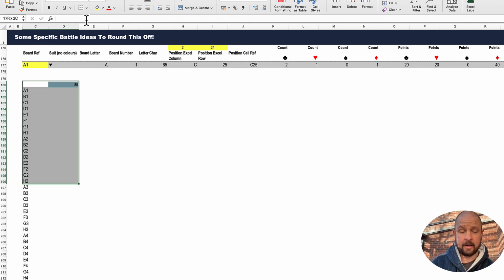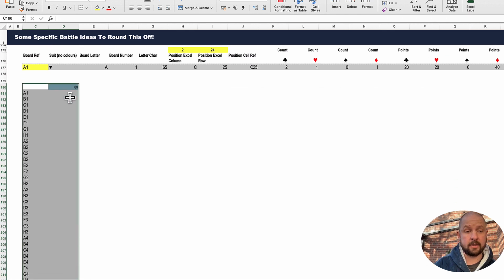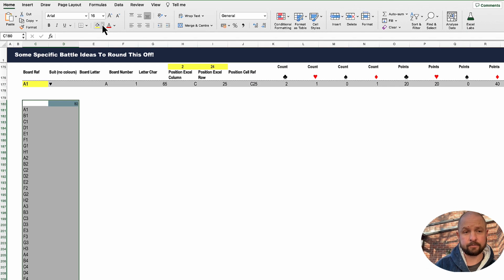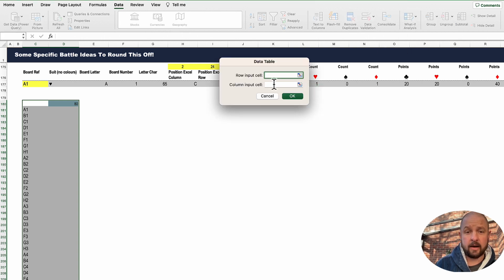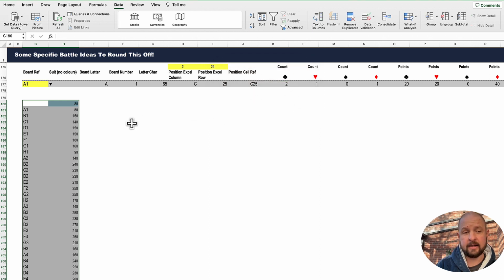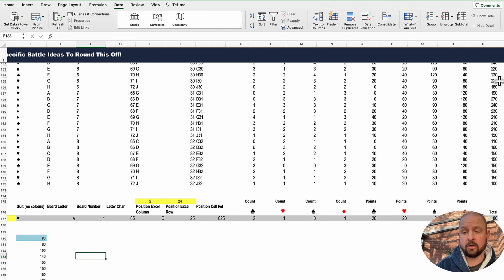So I'm going to highlight the top row, including the link to the final result that I want. I'm going to highlight all of those board references on the side here. I'm going to go to Data, What-If Analysis, Data Table. I'm going to say that I want the column input cells. What do these actually refer to in terms of the calculation and the logic? Well, it's this input here changing each time. Hit OK, and you get every single answer, essentially what we've got off the back of this huge table here,